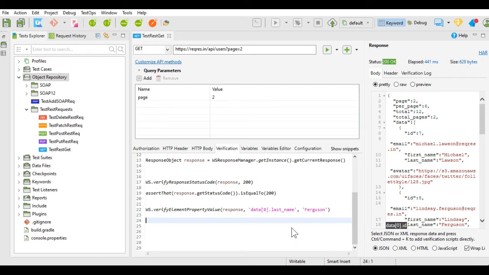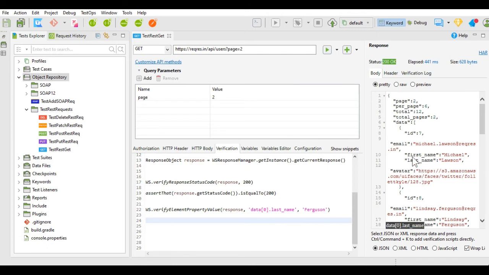Now we have seen this with the JSON Pathfinder tool, but Katalon has made it easy because they have provided us with the facility to generate the JSON path by selecting the key and value and then pressing Control K or Command K on your keyboard.